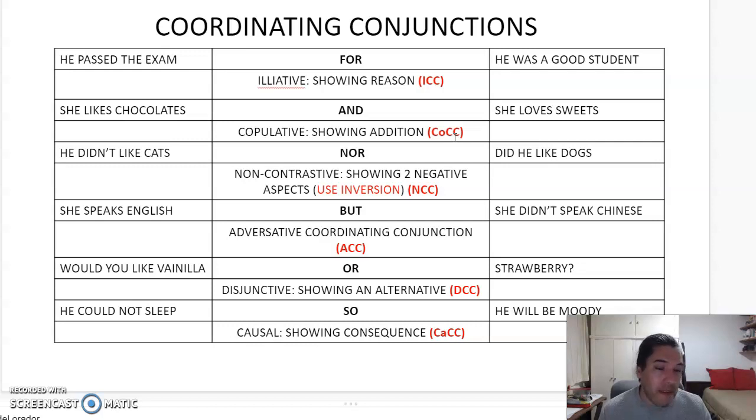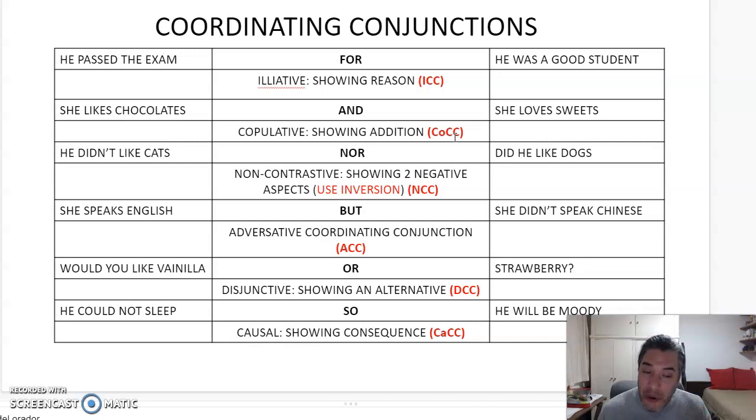Okay, sometimes people call it contrast. I like to call it adversative, just because if you say contrastive, you get confused with copula. Okay, with copulative coordinating conjunction, you call it CCC, and then you have the other CCC, so don't worry. And